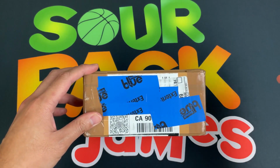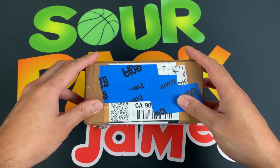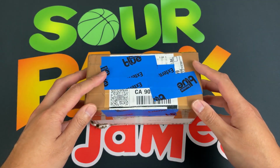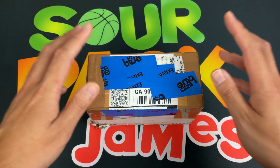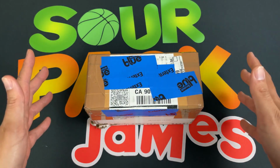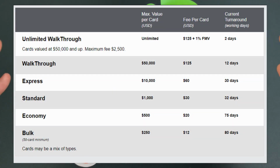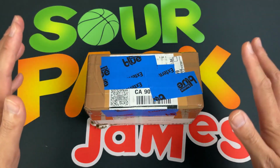I know they have a third tier, which gets you, I think, like 8% off of your orders. So anyways, 5 cards, economy order. At the time when I ordered, it was only a 45-day turnaround time, but now it has since almost doubled. So I think economy is 70 days, and they recently announced a price hike as well. So yeah, in terms of the turnaround times,